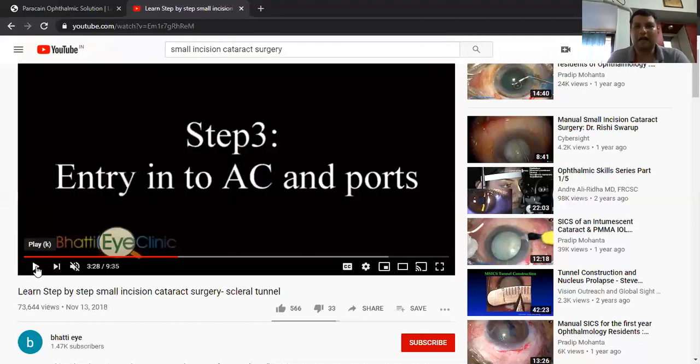This is a very ideal method of doing capsulorhexis. Why? Because here we are making a continuous curvilinear capsulorhexis, so that the margins of this rhexis are very firm and elastic, and they won't give way when we are doing hydrodissection. That means they won't extend, and the centration of the intraocular lens will also be perfect with the CCC, or continuous curvilinear capsulorhexis. But sometimes we do other types.